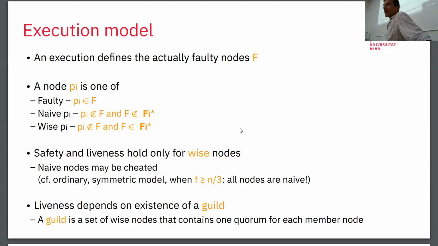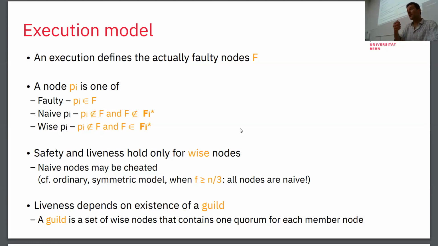In this execution here, as shown on the slide, there's a third category, and that's the honest, correct nodes that have the false friends, that have the wrong friends, yeah? They have made a wrong assumption that turns out to be such that in an actual execution, nodes in a set F were faulty. If I did not foresee that these nodes are going to fail, I'm correct, but I'm still naive. The other ones that have foreseen the execution are called wise for this execution.